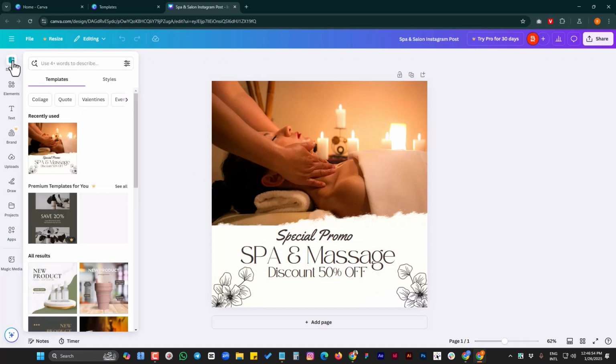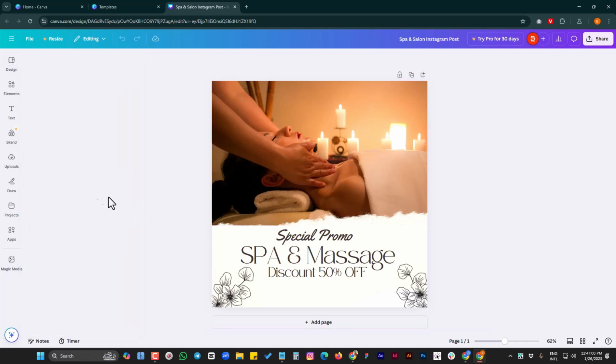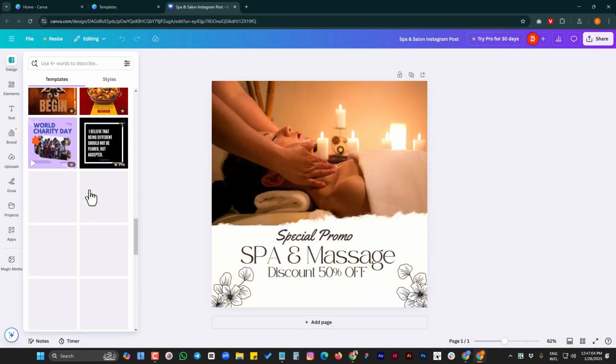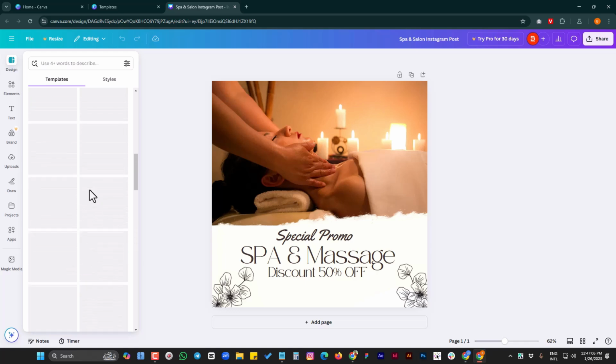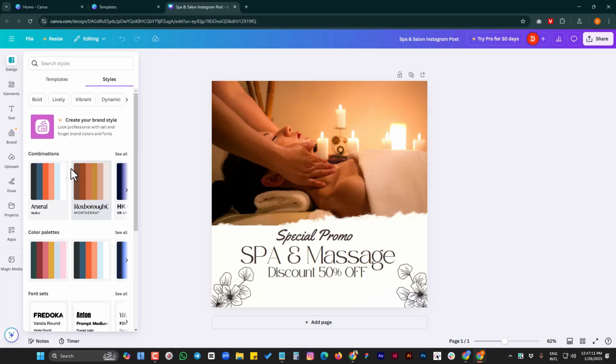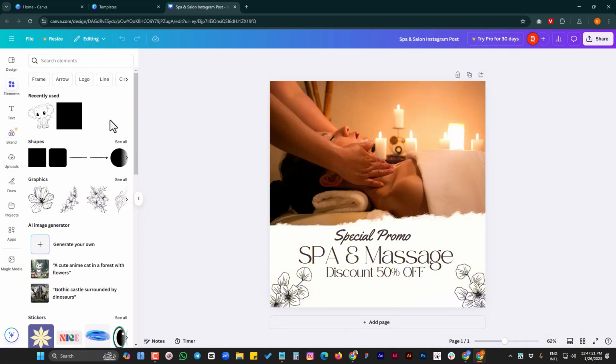So on the left tab, you can find other related templates in here. Like here you can see a lot of other templates as well, and styles as well. You can change the color and brand font set. Let's not talk about that in detail. And under the elements tab, you will find